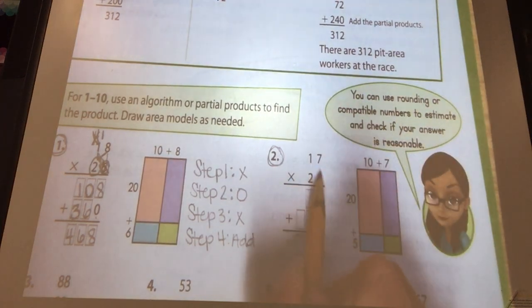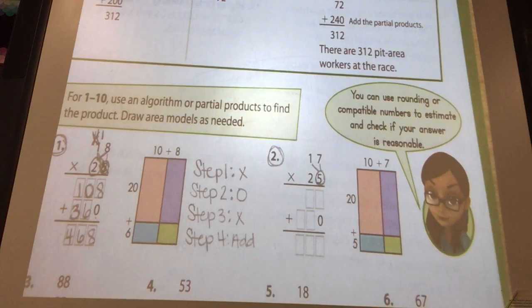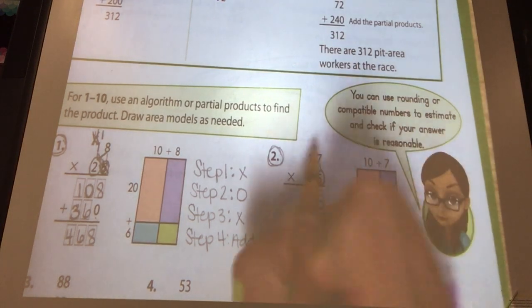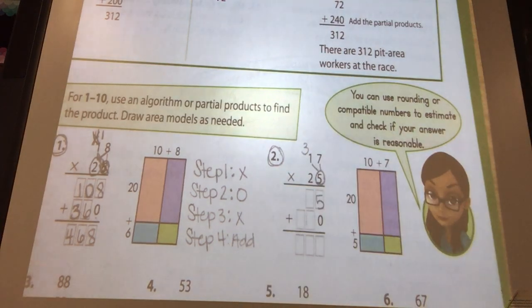Yep. And so what am I going to multiply? 5 times what? 7. Good. 5 times 7 is what, Jaden? Oh, sorry, Colby. 5 times 7 is 35. Good. I carry my 3. Colby, 5 times 1. 5. Plus 3. 8. Good. Now